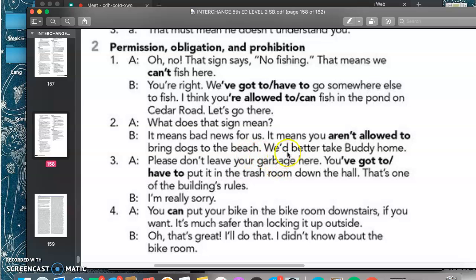Please don't leave your garbage here. You've got to, or you have to, put it in the trash room down the hall. That's one of the building's rules. I'm really sorry. You can put your bike in the bike room downstairs if you want. It's much safer than locking it up outside. Oh, that's great. I'll do that. I didn't know about the bike room. And that's